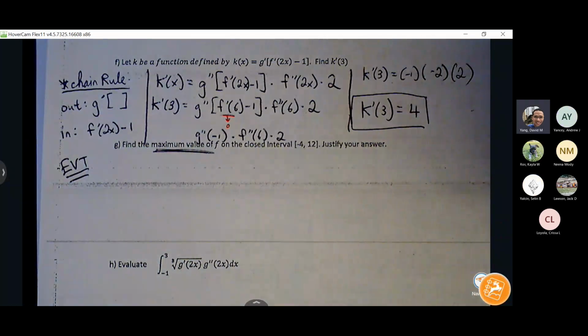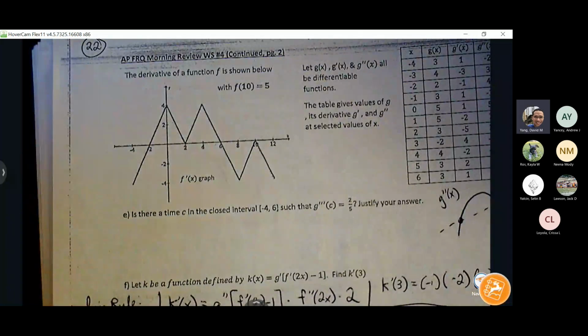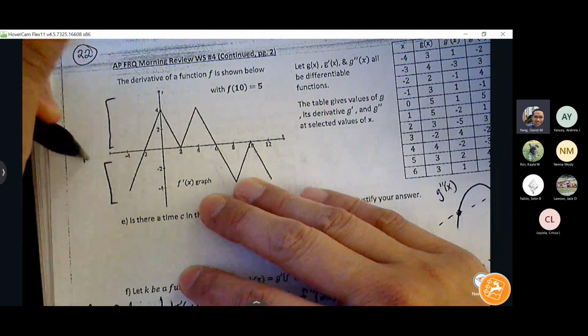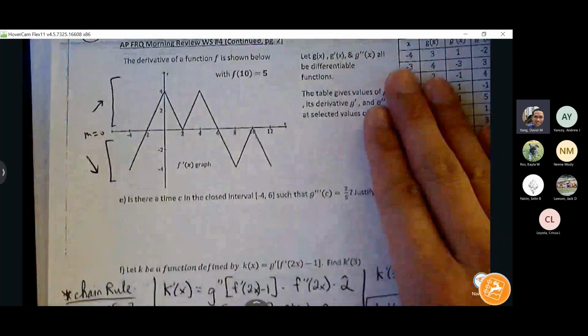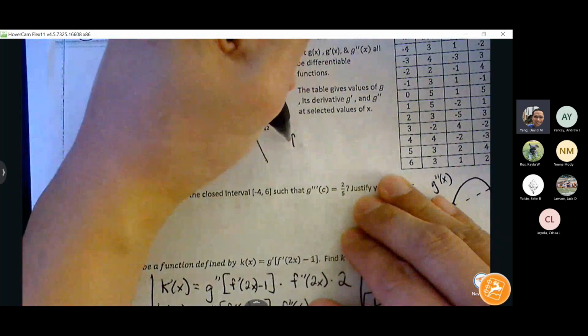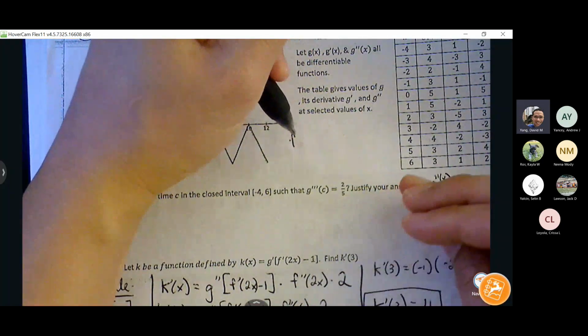Right, previously from part B, I was able to take this. Well, I'll go ahead and do this again. So this is the derivative graph. Anything on the x-axis is slope 0. Anything above is positive slope. Anything below is negative slope. So if you want to create a slope sign line,